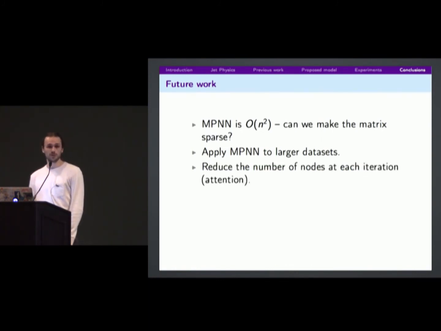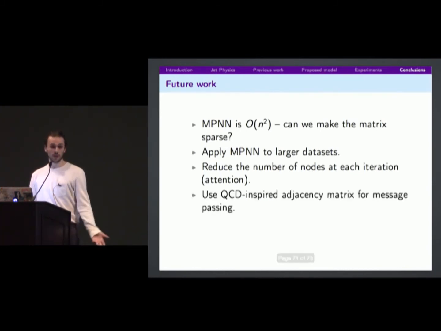So one approach we can do is we can try and reduce the number of nodes at each iteration by using an attention mechanism to cut down that number of particles every layer. And so we might start with 1,000 particles and go to 100 and then to 50 and then to 25. And the other opportunity is we can use the adjacency matrix that just comes from physics and try and use that for message passing, which we haven't looked at yet,